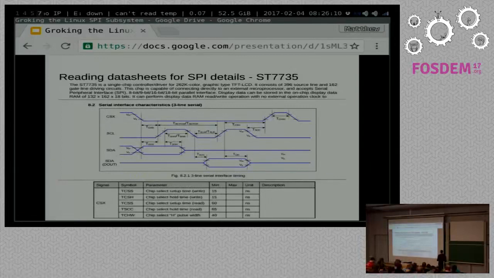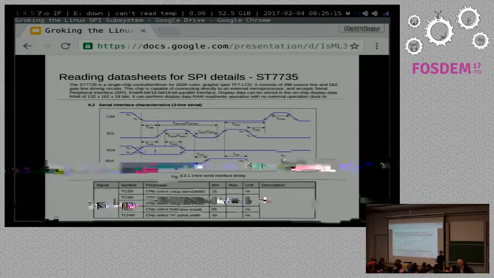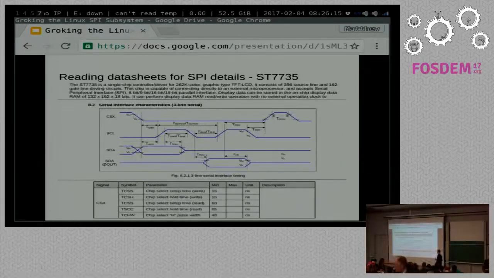So learning to read data sheets, right, for SPI, there's a few important things. First off, you might not even notice when you look at the data sheet. Sometimes they don't even say SPI, right? And they'll just say, it's got a serial interface, and you have to go look at it, and maybe they're masking because they don't want to say the Philips I2C name or something, right? So it might be I2C, but you got to look a little bit. Usually they'll say, this is a SPI device. So there's a few clippings out of an